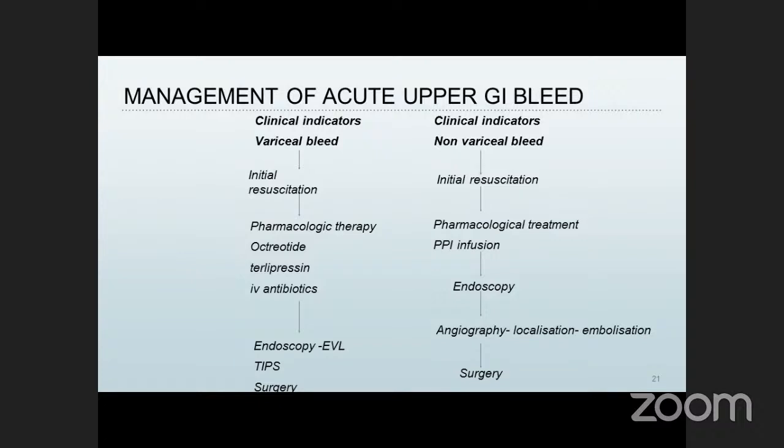In case of non-variceal bleed, again, after basic resuscitation, ABC, the pharmacological treatment would require PPI infusion. That is, the best is pantoprazole of 80 mg IV bolus followed by 8 mg per hour infusion. And then we have to do endoscopy and find out what grade of ulcer it is. And following that,